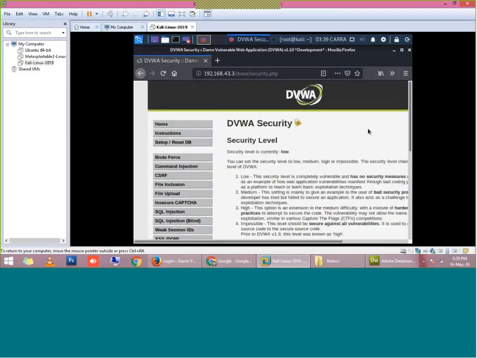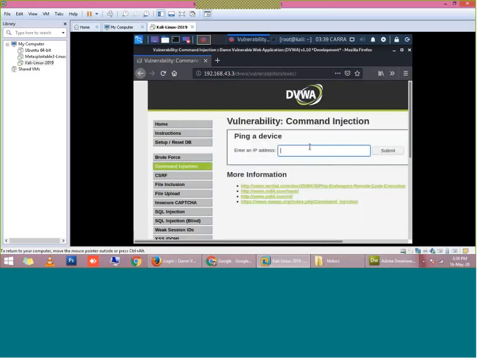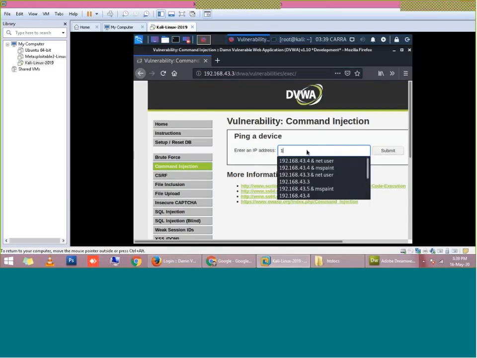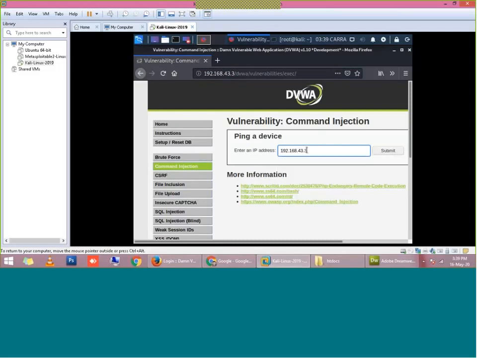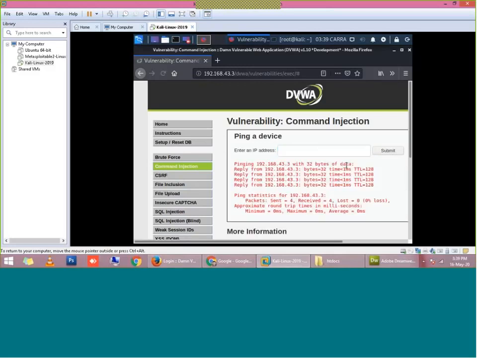Now I will go to Command Injection. Firstly, I will try to ping 192.168.43.3.